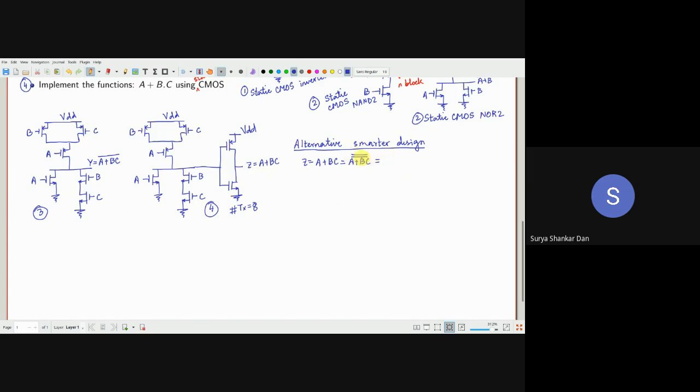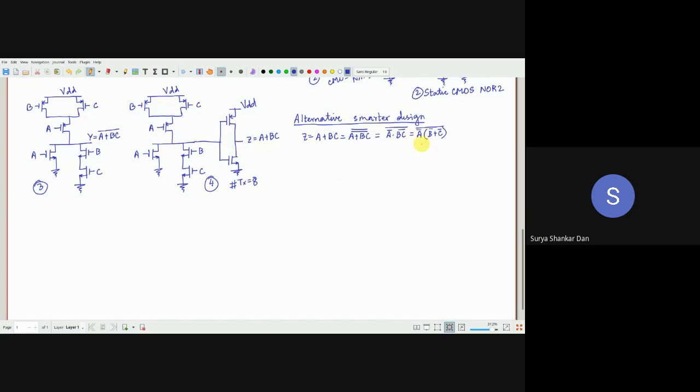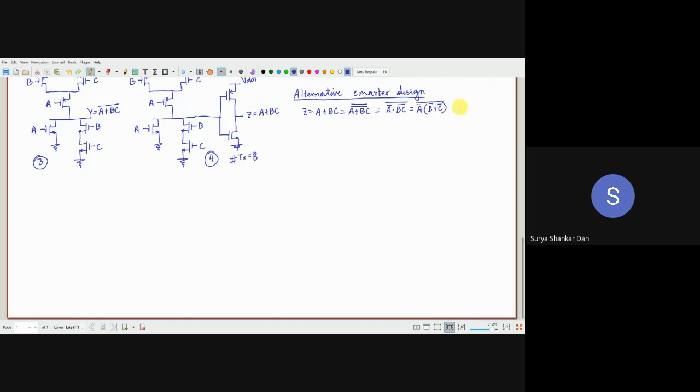Okay, and then the inner one we will make De Morgan's theorem. So A bar into (B C) whole bar becomes A bar into (B bar plus C bar), and whole bar. So this is basically Boolean algebra, which you have studied in your digital design itself. Now, in this case, what we are trying to do here is, if this is A bar into (B bar plus C bar), so this is the logic which we are going to implement.